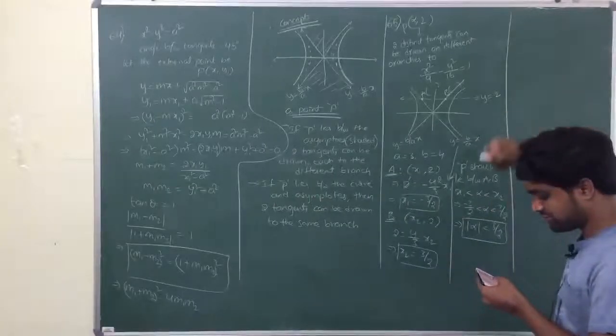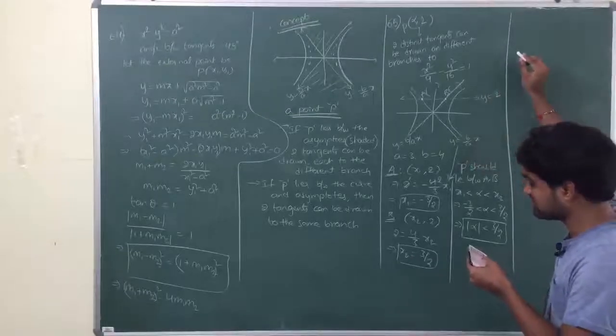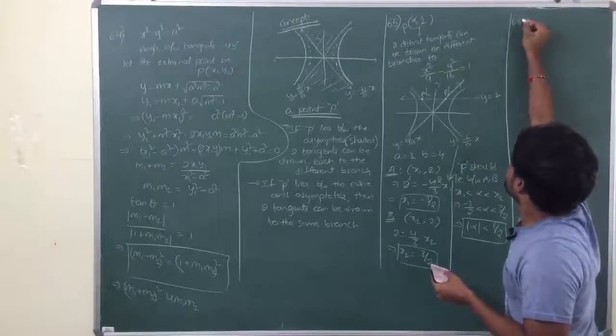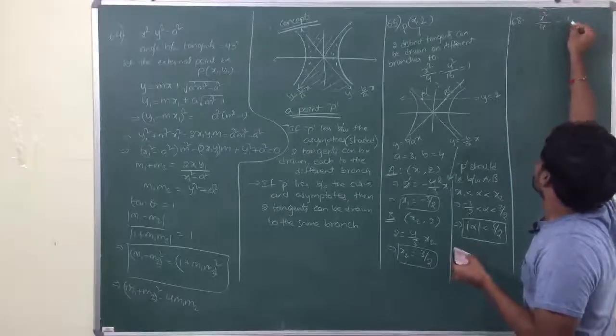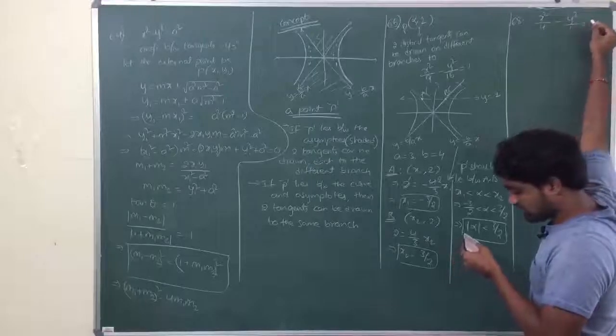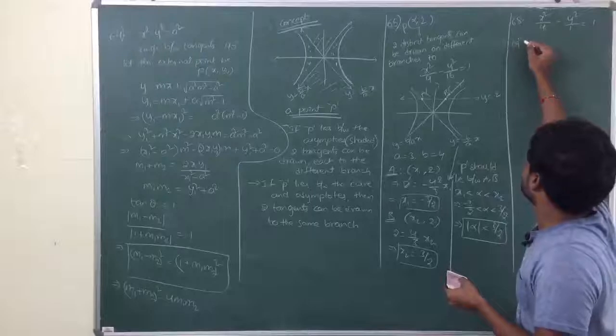Listen to this. Normal to the hyperbola has equal intercepts on the positive x and y axis. Now 68th one. Normal to the hyperbola x square by 4 minus y square by 1 is equal to 1. Okay, so equation of normal